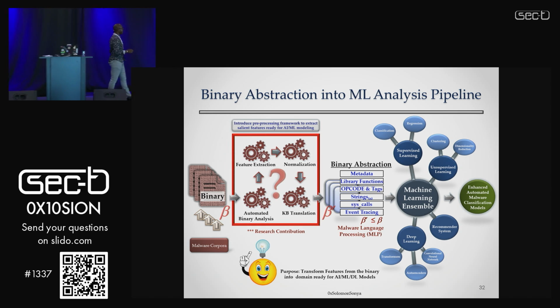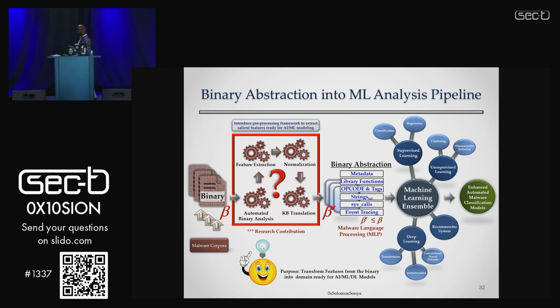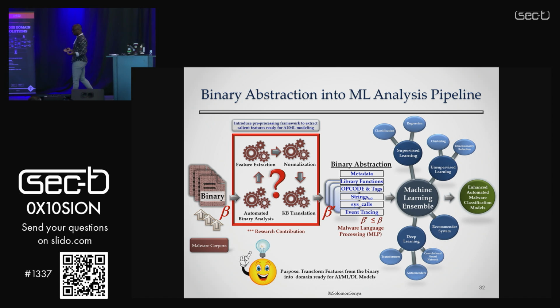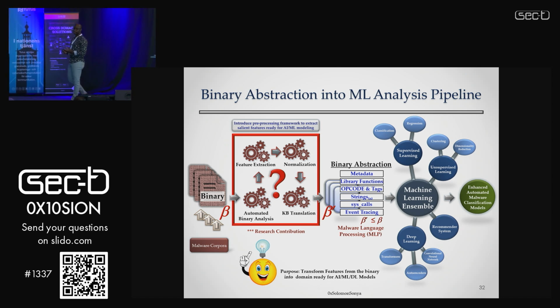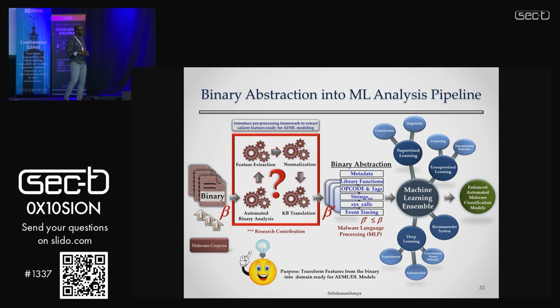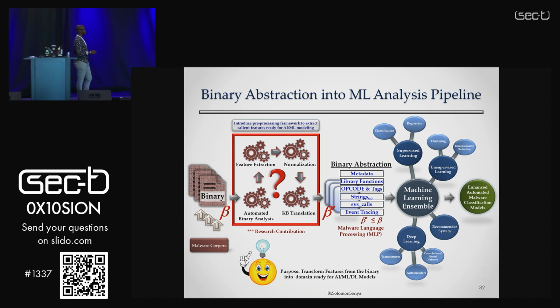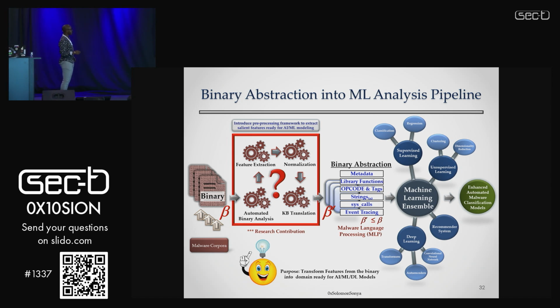So we want to write an agent that helps us extract the metadata, the features that we spoke about before. Then when we know the features that we want to look at, we do have to do some sort of normalization and reconciliation. Compilers might use different forms of optimization whenever they're compiling code. So we need to reconcile how some of our features are extracted, just to make sure it's as normal or standardized as possible. And then we get into our knowledge-based translation. I'll explain this a bit more in the oncoming slides.